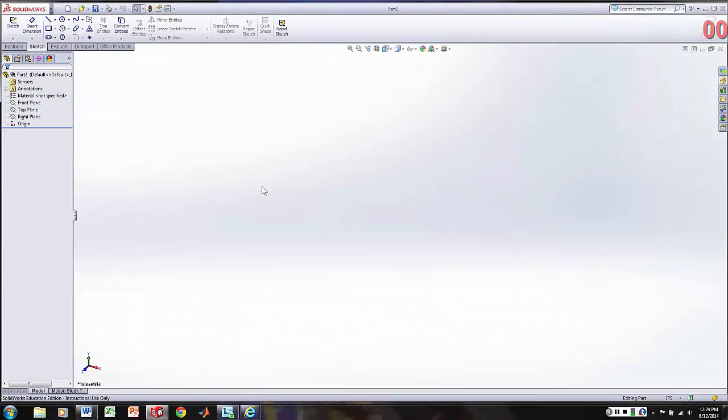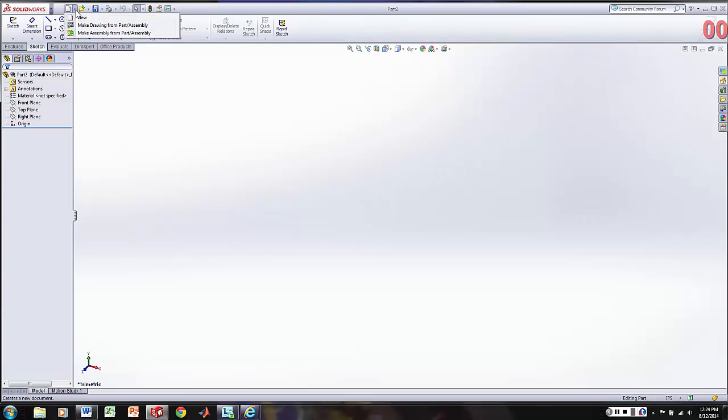Okay, so today what we're going to do is take a look at introducing SolidWorks. SolidWorks is a 3D modeler, a very powerful package with many features, and what we're going to do is focus on just a few of them today. We want to be able to create a simple sketch and then extrude that into a 3D solid. So to get started, you should have SolidWorks open on your computer, and where we're going to start is to